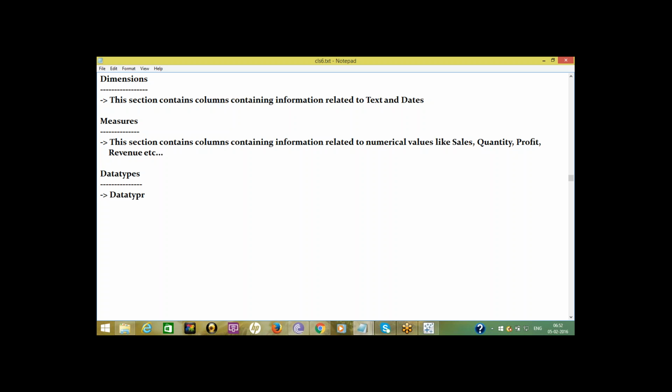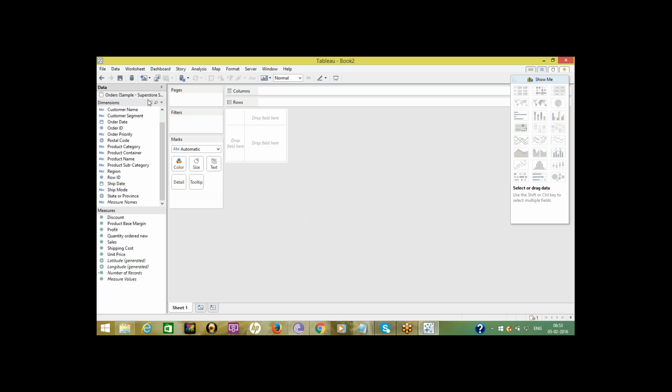ABC will contain textual information, names.